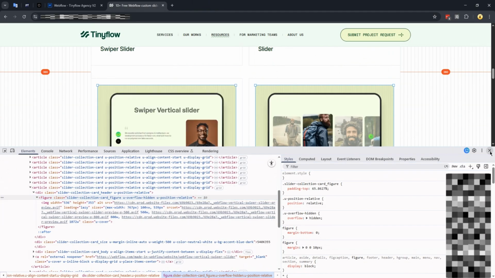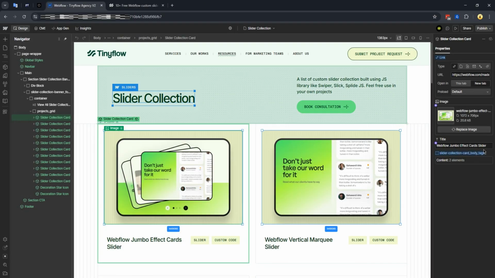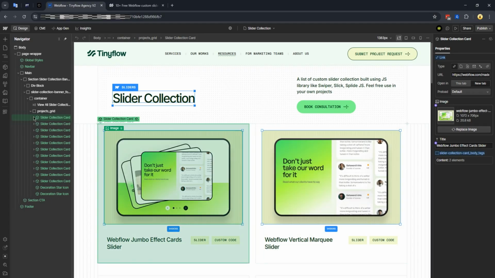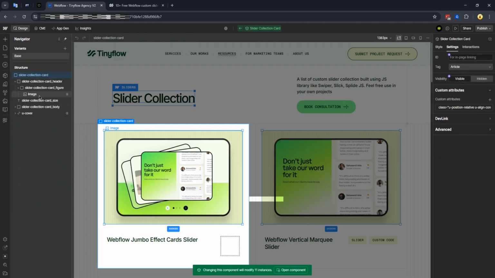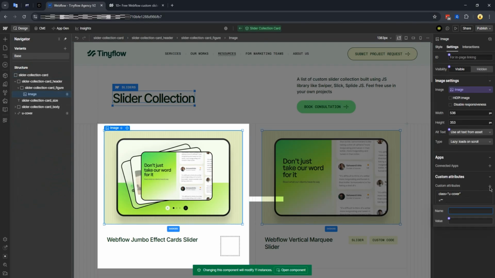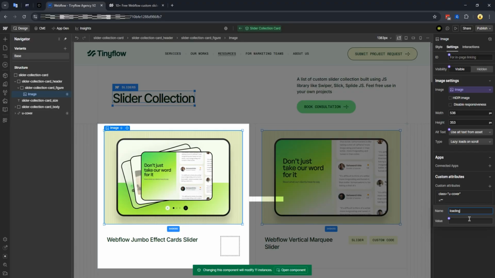See? If you don't touch anything, it defaults to lazy. But here is what I actually want. I want the bottom ones to stay lazy while these top two images in the main viewport are forced to eager load. The problem is, once you turn this into a component, you actually cannot connect this option. So what's our workaround here? We can use Webflow's brand new conditions feature.